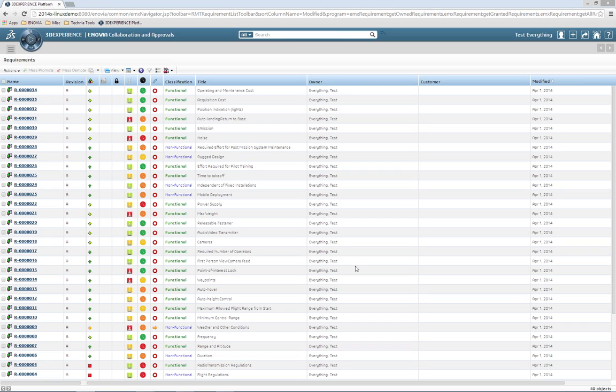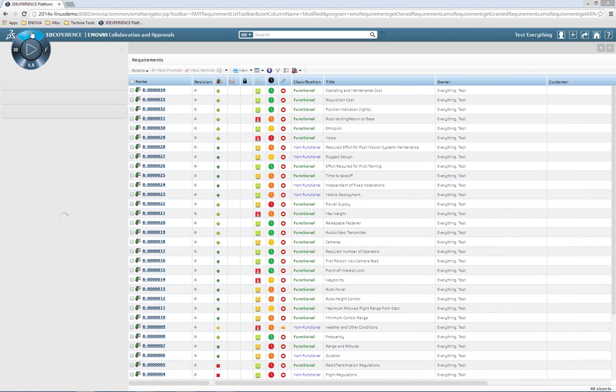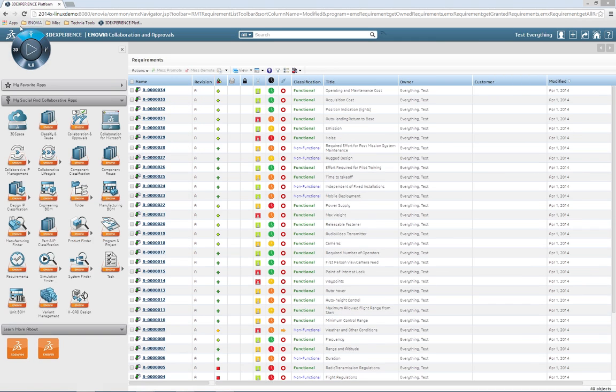When you are working within the 3DEXPERIENCE platform in any application, you now have access to what's called the compass. So here you can, by going to various quadrants, access your tools that you use for product development. In the north quadrant you have social and collaborative applications, and this is where you find the Enovia requirements management tools, for instance. Here on the western quadrant you have your 3D design tools, CATIA